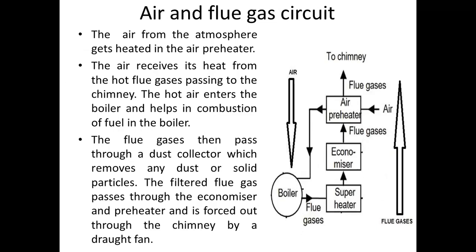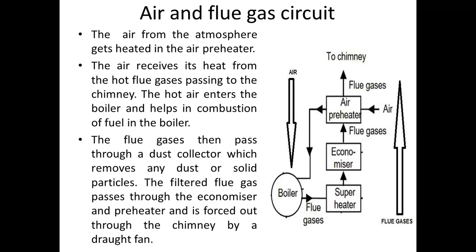After that, these flue gases or these hot air pass through the superheater, where we superheat the steam. Then these flue gases pass through the economizer, through the air preheater, and finally to the chimney. See, these flue gases have large heat content. When they come out from the boiler, the temperature of the flue gas is approximately 250 degrees Celsius. We cannot discharge such high temperature flue gases into the atmosphere because there is a direct loss. So we want to use as much as possible.